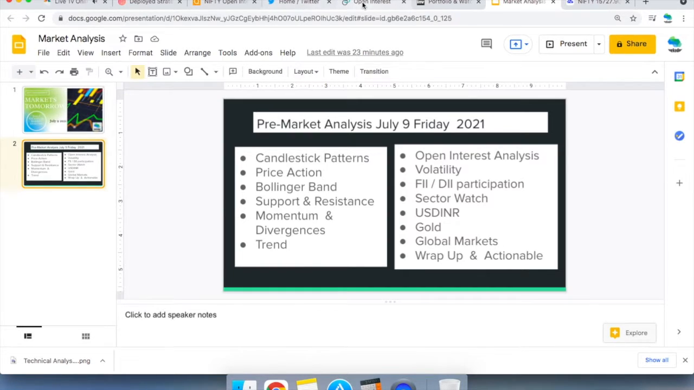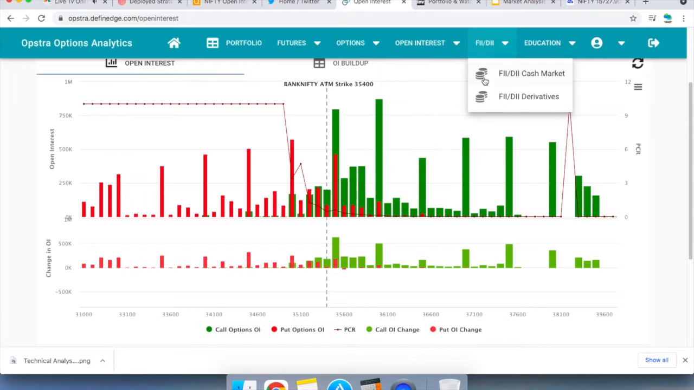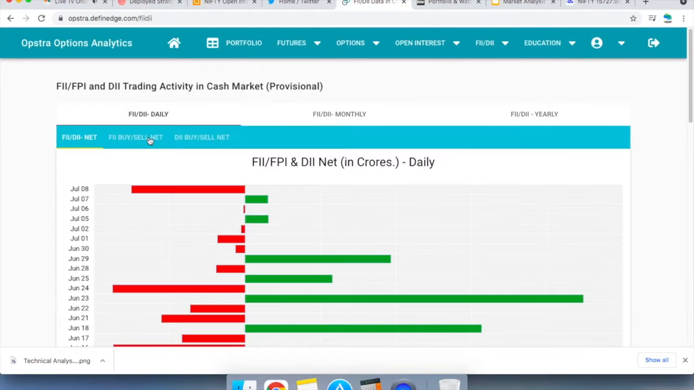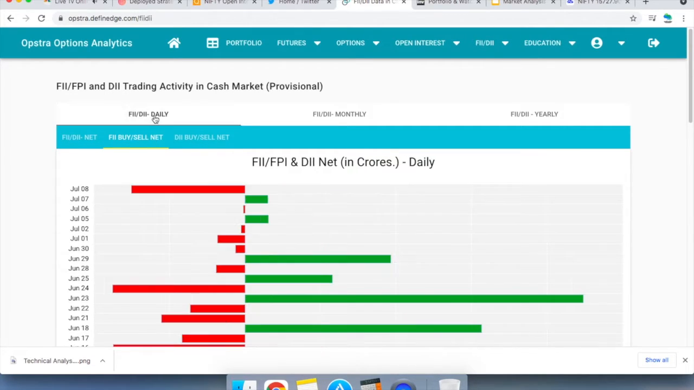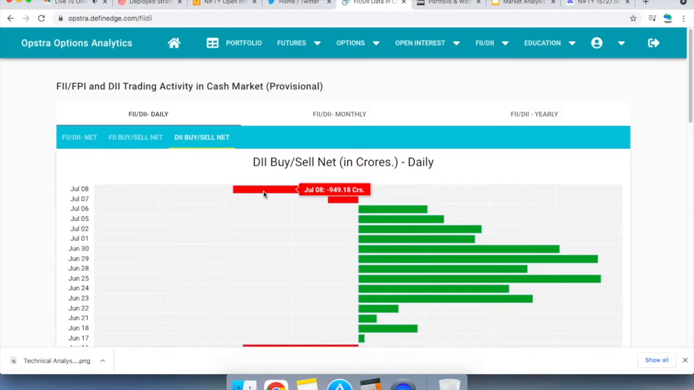And foreign institutions data, if you see, you can see who created the fall. Yes, it's not big selling, but there was 500 crore selling yesterday also. No, it's not daily, so that is big selling. So FIIs today did a big selling of 1,500 crores. That's the reason for the fall. Yes, so here DIIs also sold around 1,000 crores. So combined you have big selling,